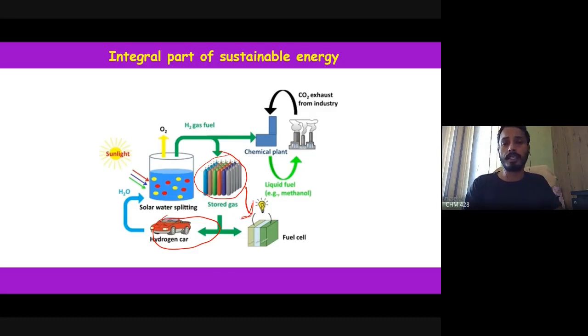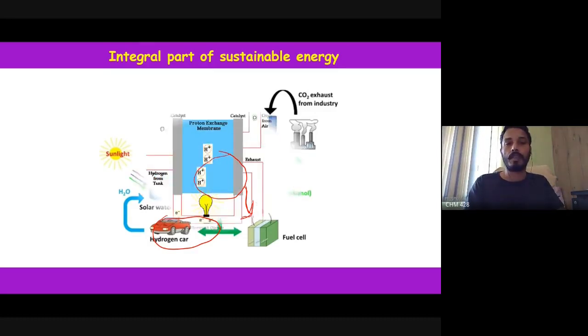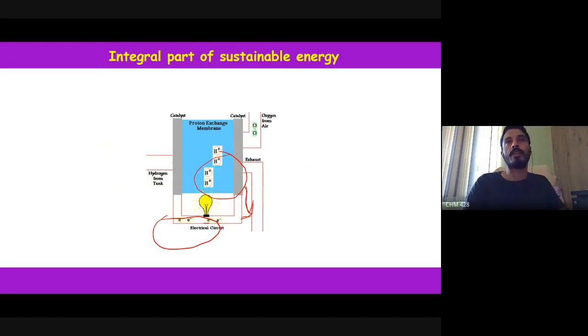and generate electricity. How does a fuel cell generate electricity? You can see here, hydrogen undergoes oxidation on one side, meaning H plus and electrons are released. Electrons move through the circuit, and when they move through the circuit, we get electricity. On the other side, you have oxygen. So these electrons, H plus and oxygen combine, and on the other side, you form water molecules.